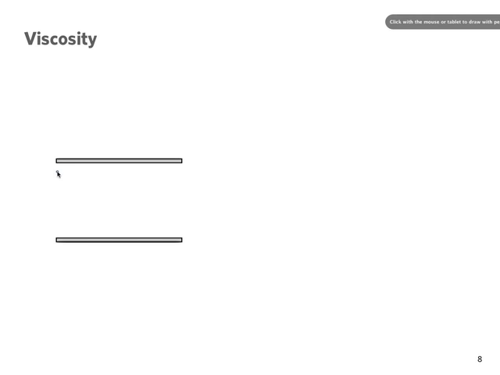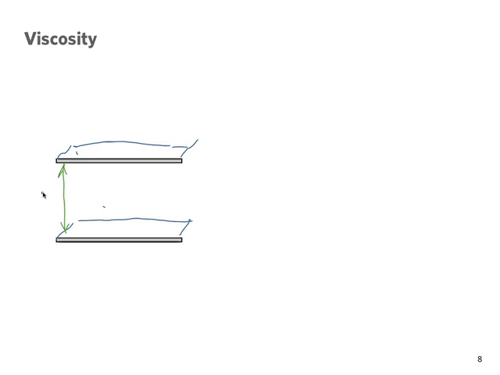And he considered the theoretical situation of, say, two parallel plates. Say this is, I'm looking at a cross section of two parallel plates, okay, where there is fluid in between. Let's say that the distance between these two parallel plates is h. Well, no, I think I've called it y here. So, based on observation, Newton observed